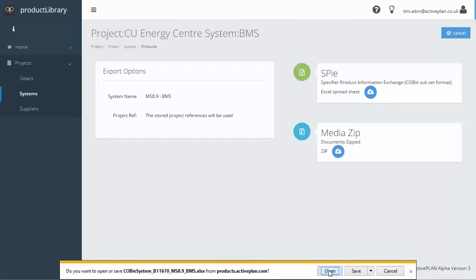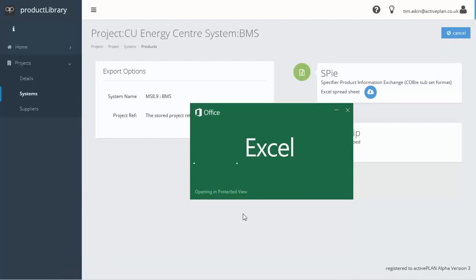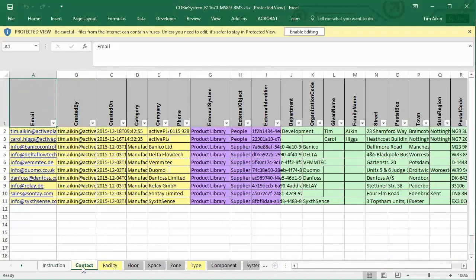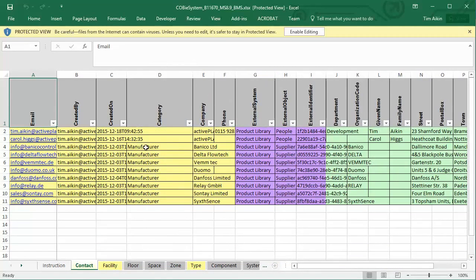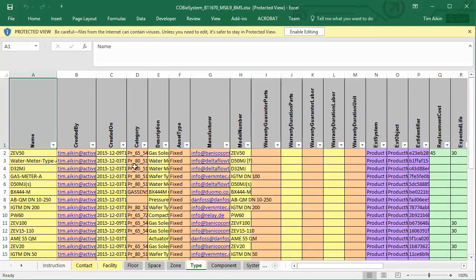Click the SPie export, open up that. So we've now got our spreadsheet there. We've got a range of contacts, so you can see most of those are manufacturers. We've got our facility details there, millimeters, the currency, etc. We've got our types filled in here,